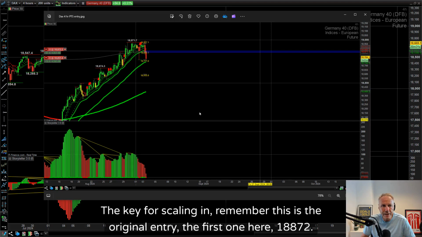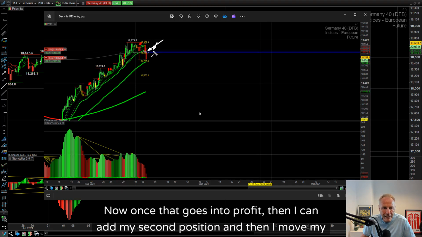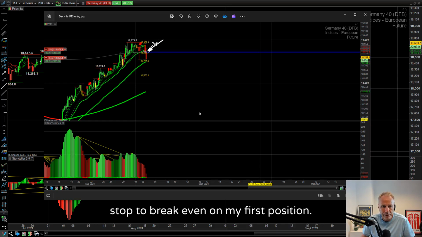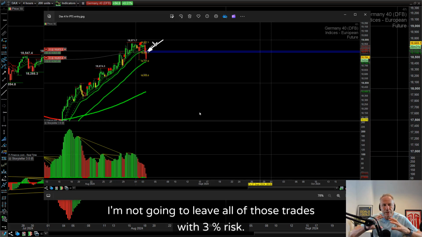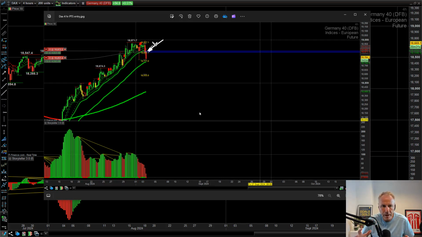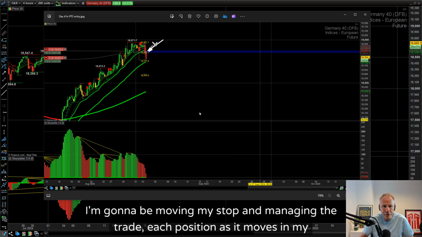Now the key for scaling in, remember this is the original entry, the first one here, 18,872. Now once that goes into profit, then I can add my second position, and then I move my stop to break even on my first position. Okay, so let's say I had 4 trades open in the same market for the same setup signal. I'm not going to leave all of those trades with 3% risk. I'm going to be moving my stop and managing the trade, each position as it moves in my direction,